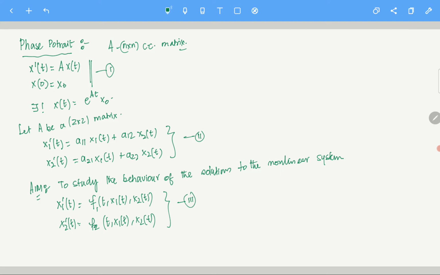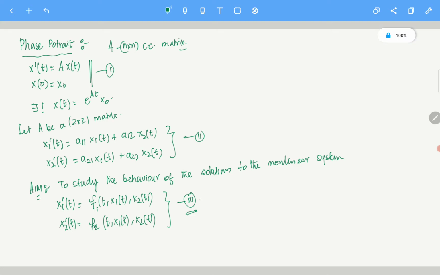In the next few classes we will see that there are something called equilibrium points, and near equilibrium points, given some conditions of course, 3 will behave somehow. Yes, we will explain what we mean by all this behaving, and all this has to be made mathematically consistent. For now, just remember this thing, we will actually look at it. There are some special points of 3 called equilibrium points, and near equilibrium points 3 behaves like 2, for some aij's. You understand? Okay, we will see what we mean by behaves and all.